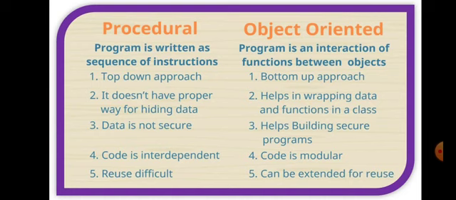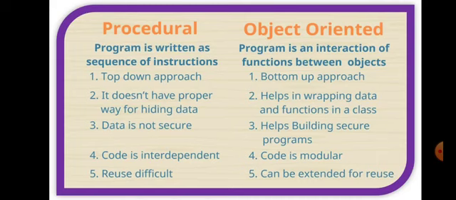Number four, coding is modular. Modular means what? Modular means cutting into small pieces. For example, in making of bicycle, you have many spare parts. The cycle, the spokes, the handle, and then there are so many things that are available. So all these spare parts have to be assembled to make it as one object.